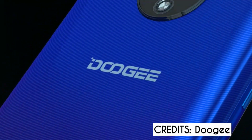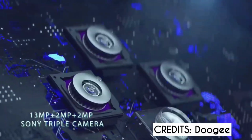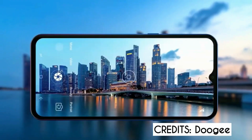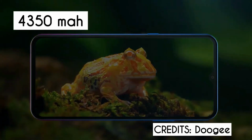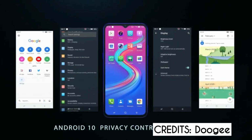But anyway, it features a 6.5-inch display, which is one of the largest out here. It has Android 10, which is really good. It's the latest software as of now, at the time of recording. It is very affordable and also packs a 4350 mAh battery, 4350 if you didn't catch that, which is gonna last through about, I'm sure, 2 days